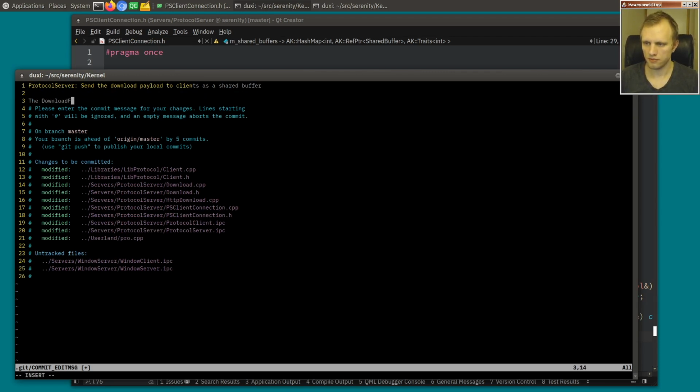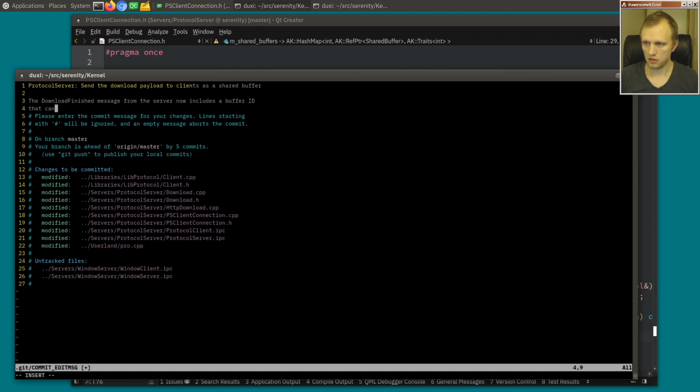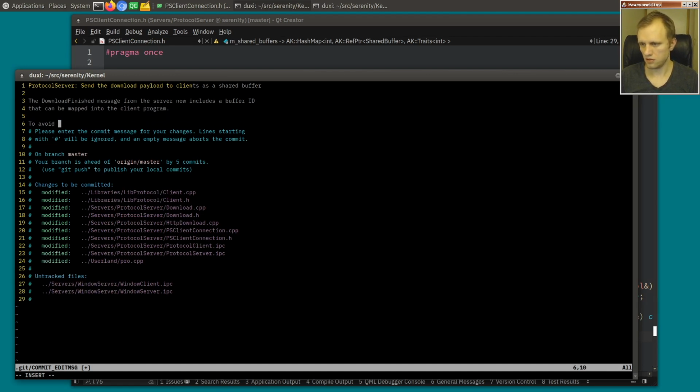Download finished message from the server now includes a shared buffer buffer ID that can be mapped into the client program. To avoid the handoff prematurely destroying the buffer,